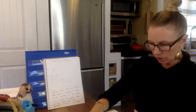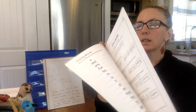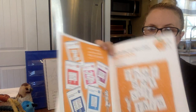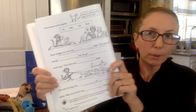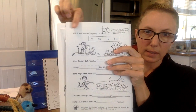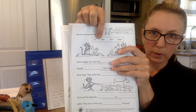And we're going to do page 50 of our spelling and word skills practice book. The thing is, though, I don't want you to get any help with this one today. I want to do it as a checkup to see if you are remembering from the other times we practiced when to use to,